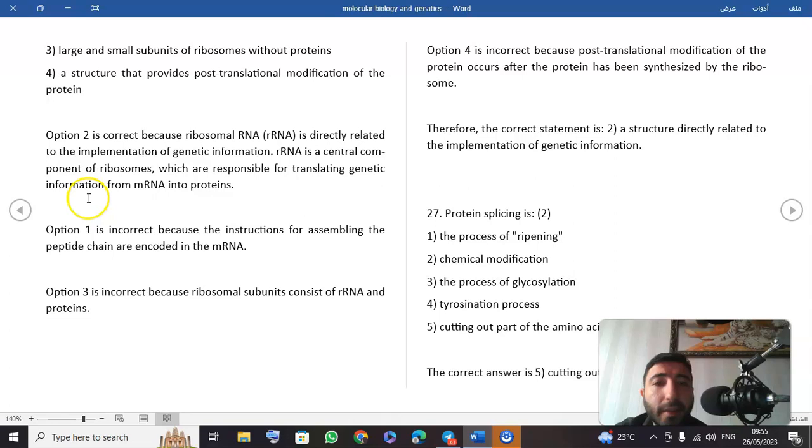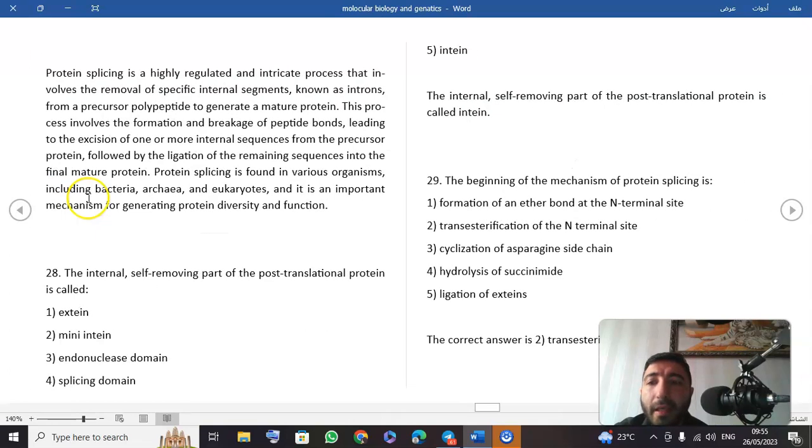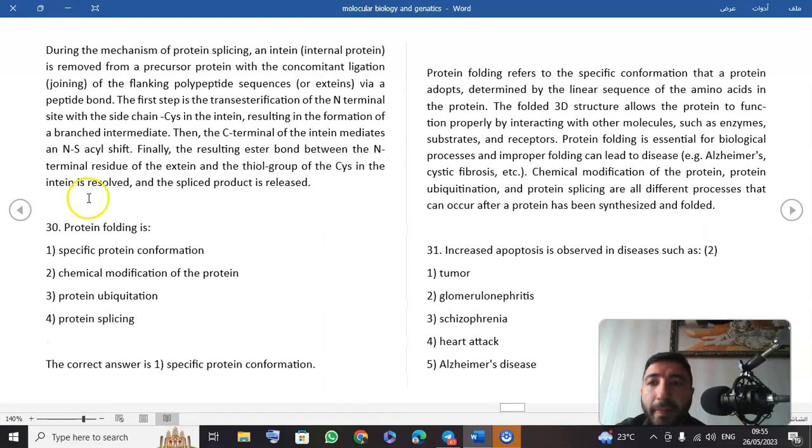Protein splicing is, the correct answer is number 5, cutting out part of amino acids. The internal self-removing part of a post-translational protein is called intein. The beginning of the mechanism of protein sorting is number 2, translocation of the N-terminal site. Protein folding is number 1, specific protein conformation. We will stop here at number 30, and we will